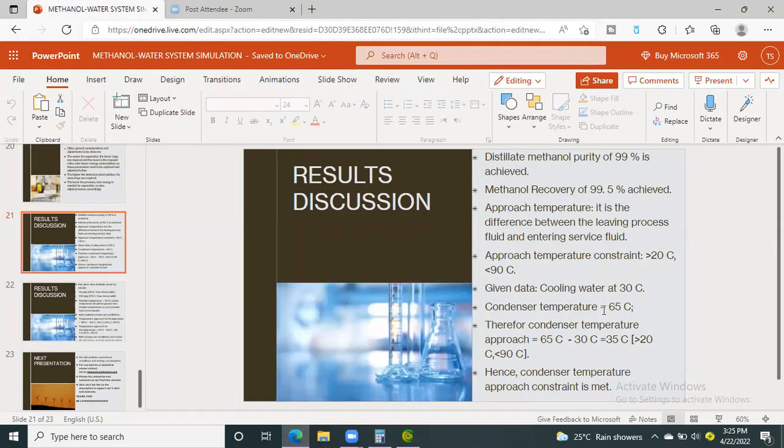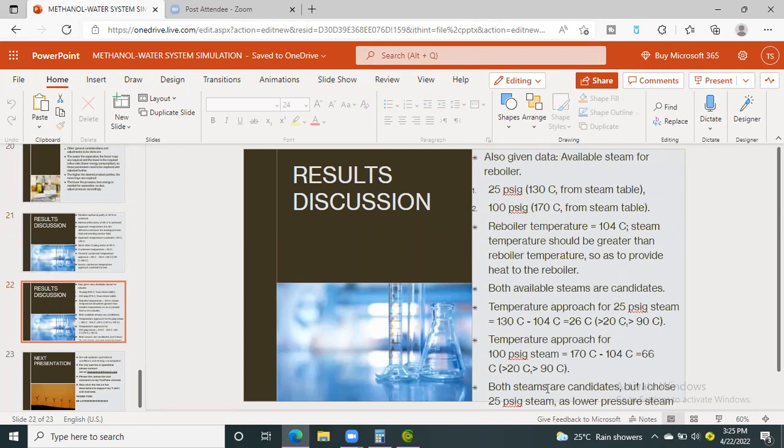So our condenser temperature is at 65 actually. Therefore, condenser temperature approach is 65 minus 30, which is 35 degrees Celsius, which is greater than the 20, which is our minimum constraint, and also less than 90 degrees Celsius. Hence, condenser temperature approach constraint is met,